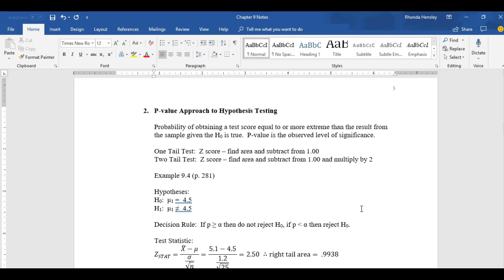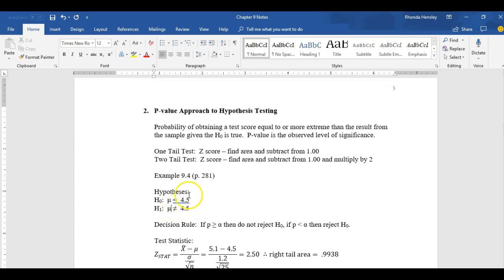What we're looking at with a p-value is the probability of getting a test score that's equal to or more extreme than the one you get from your sample. It's actually the observed level of significance, and we compare that to our chosen level of significance to make our decision. So we have the same hypotheses with the same mu,